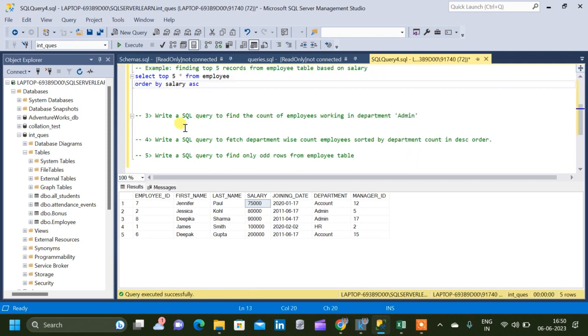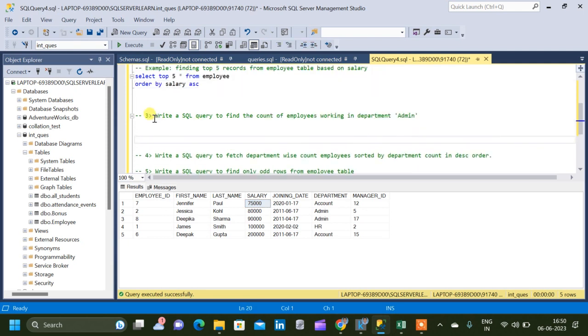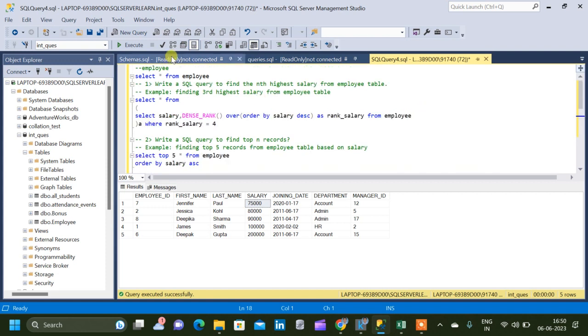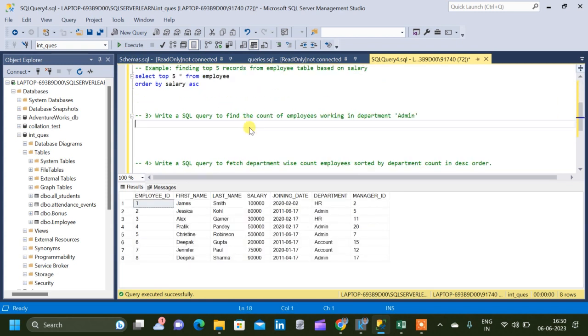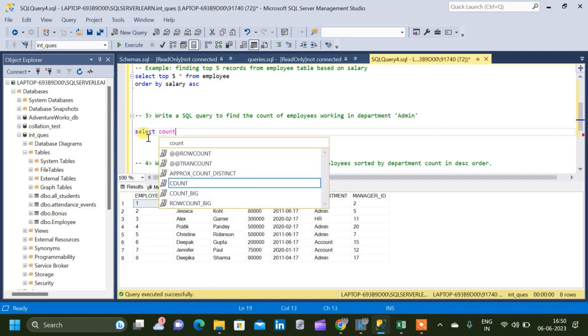Now moving on to the third question. The third question is: write a SQL query to find the count of employees working in department admin. From the employee table, we can see that there are different departments in which the employees are working, and here we want to find the count of employees working in department admin. So here we can see admin, admin, admin, admin. These employees are working in the department admin, and there are other departments as well, which are HR, accounts, and so on. Now we'll use the query select count star